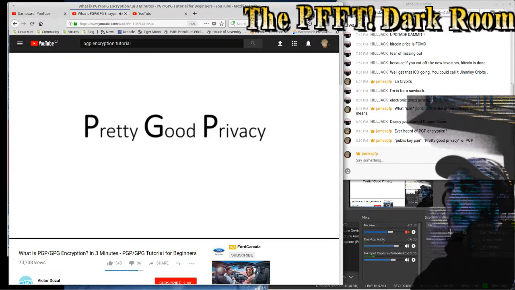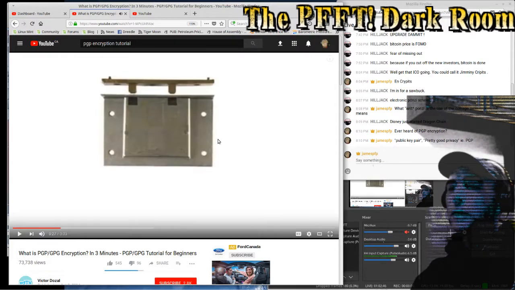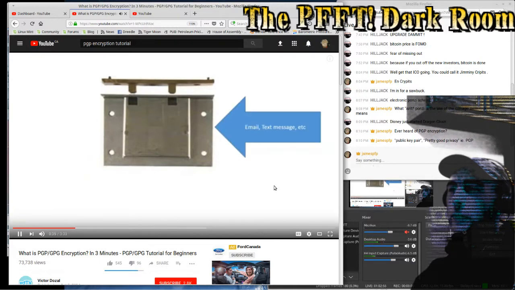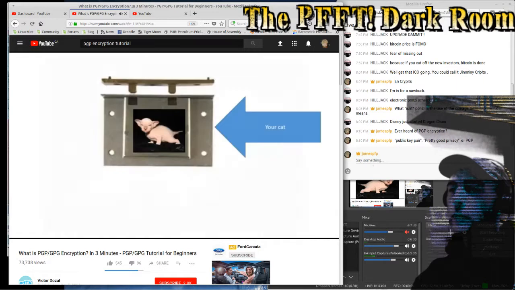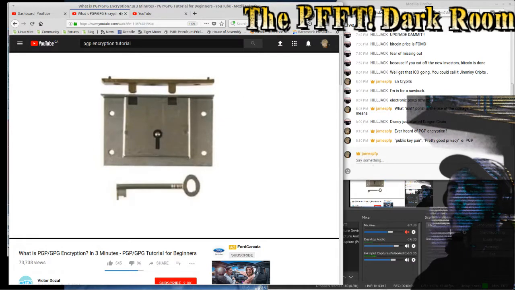How does it work? Well, first let me tell you how it doesn't work. Imagine you have a box. And you want to put something private in it. Something that only those you trust should be able to see. Something like a secret email, text message, or that naked picture of your cat. Yes, that is a cat. What would happen if you send that box and somewhere along the way your box gets stolen? They would probably use it for evil things. So what do you do? You would buy a box with a lock.